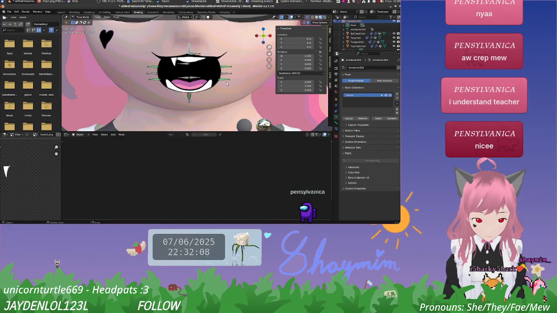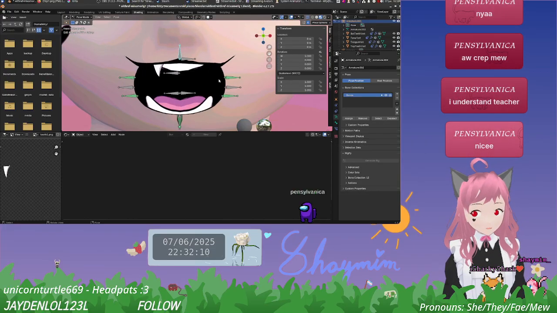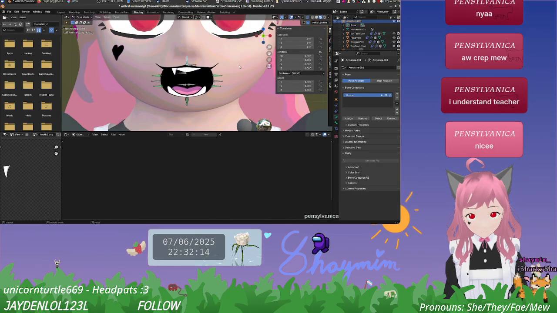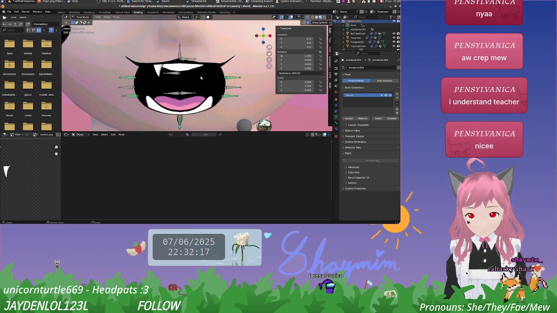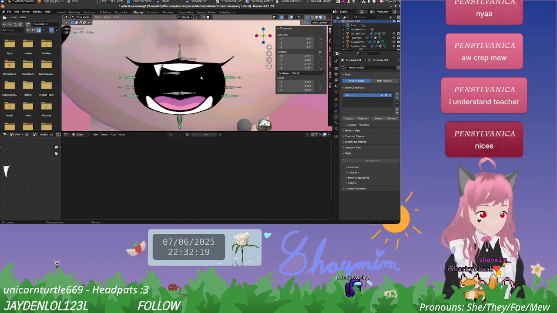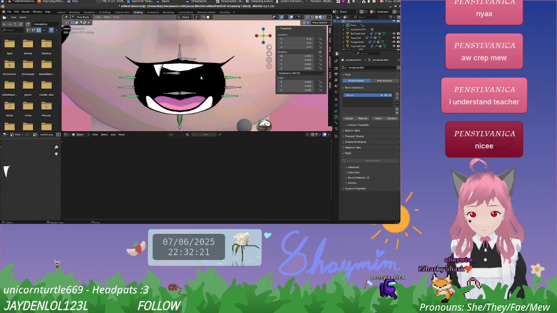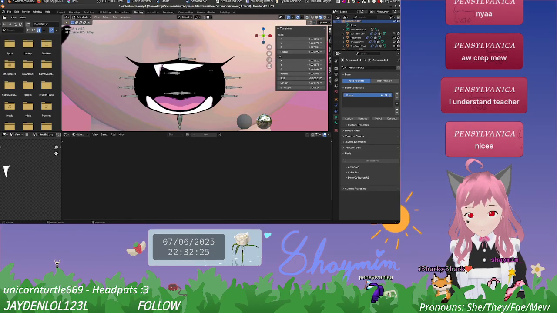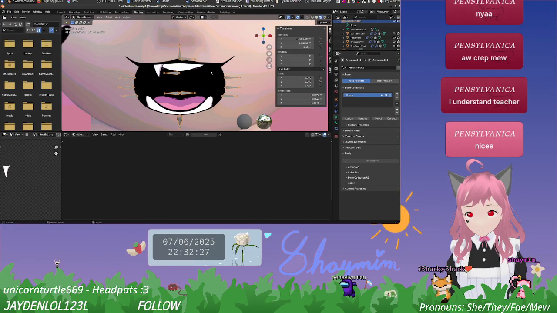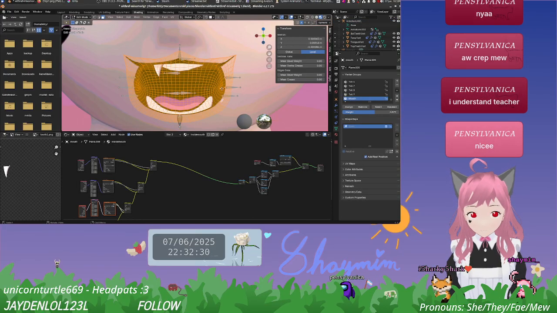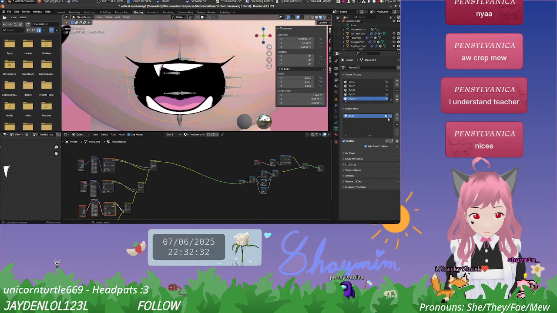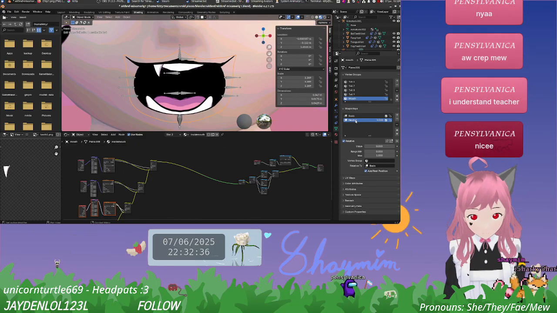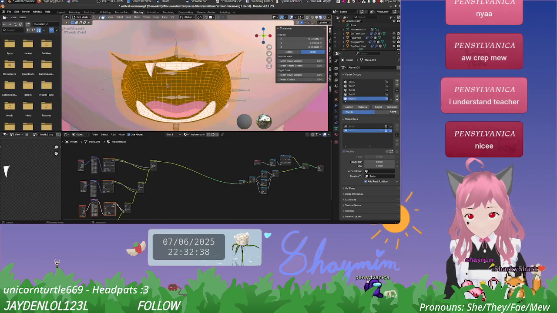Pretty much what I want to happen is to create different shapes for all these things and save them as a key that can then be changed. But for the neutral one specifically, I think we'd want this one to be done manually maybe.